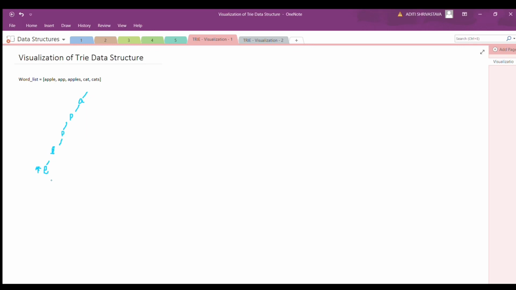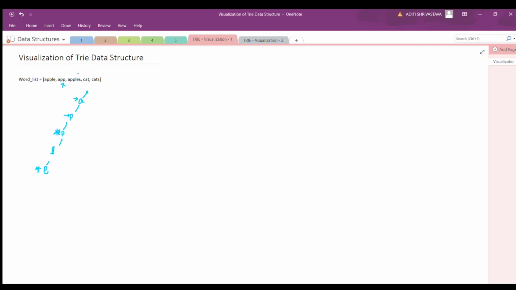This is only for the representation, for understanding. I'll tell you later about its internal representation, how the class trie is, what the data members and member functions are, but that we will discuss later. So let's add another word, that is app. When I'm adding app, I see that there is already a node with the value A. So I'll go here and then I'll see that there is another node P. So I'll go further and I will see that another P is also there. So I will go further and then I notice that the word has ended. So I will apply a star to it. So this denotes the end of this word.